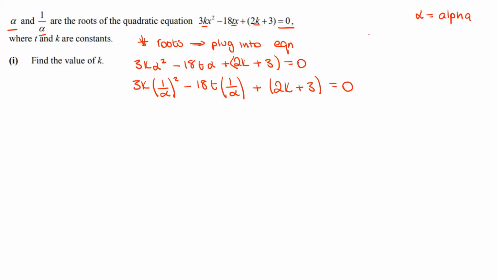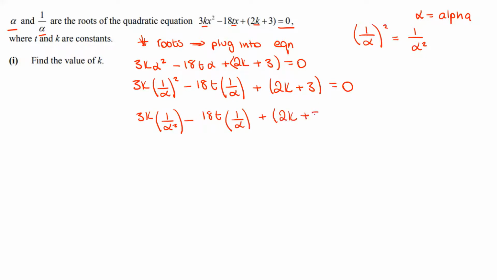And another way of writing 1 over alpha, all that's squared, you should remember that from your indices rules, is just 1 over alpha squared. So we can rewrite this as 3k 1 over alpha squared minus 18t 1 over alpha plus 2k plus 3